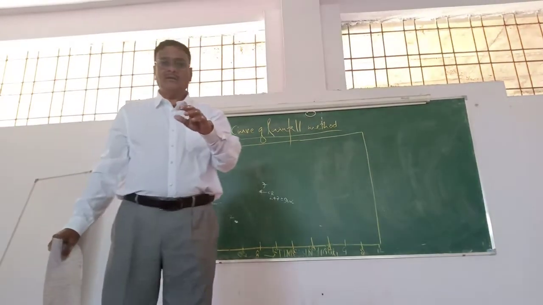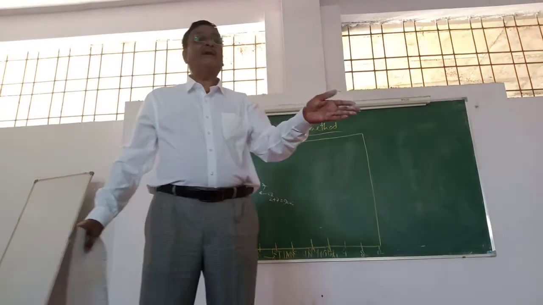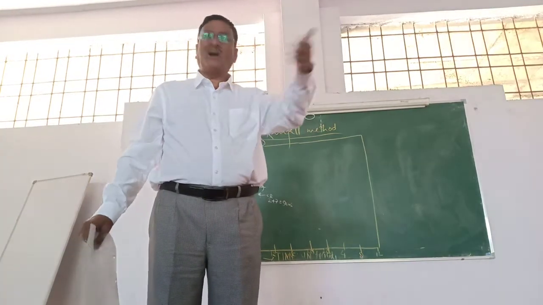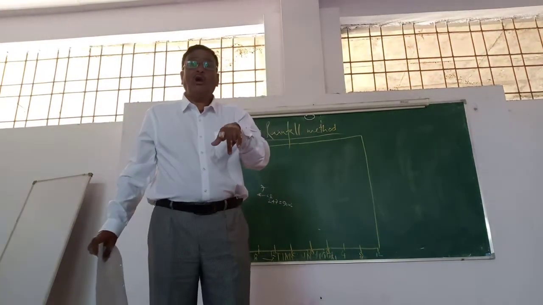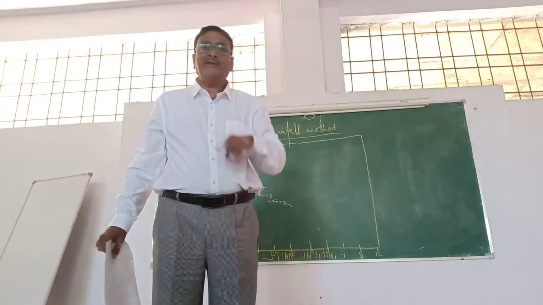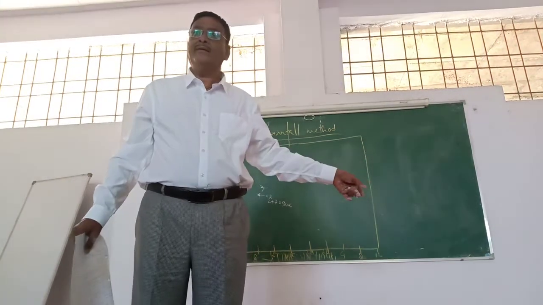Last year, 2020, from January to December, you have earned 20,000 rupees. How you earned, I am not asking. Then in 2021, you have earned 30,000 rupees. What is the cumulative earning of yours? 20 plus 30, 50.